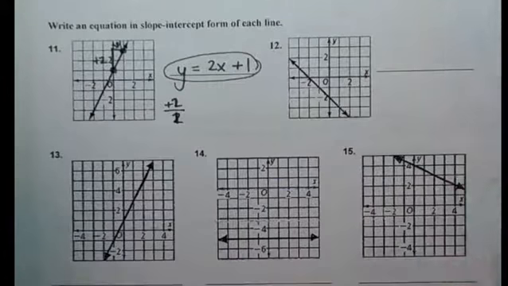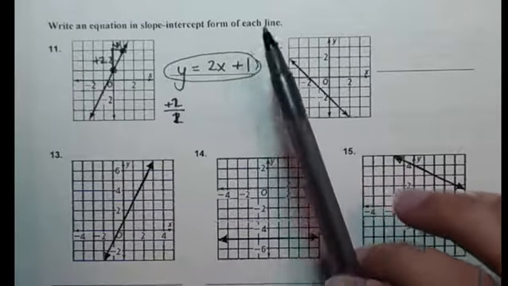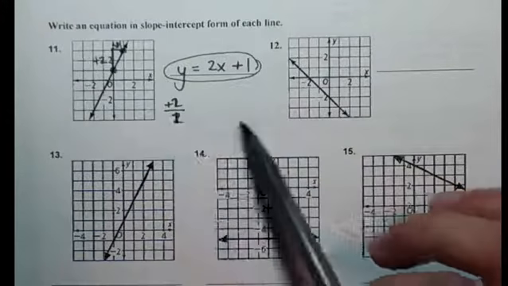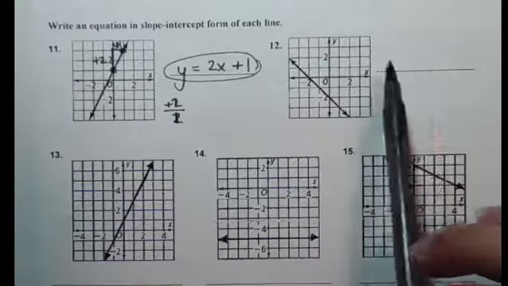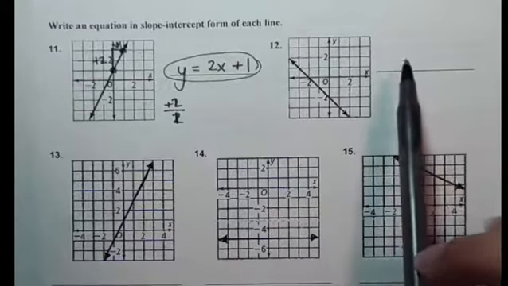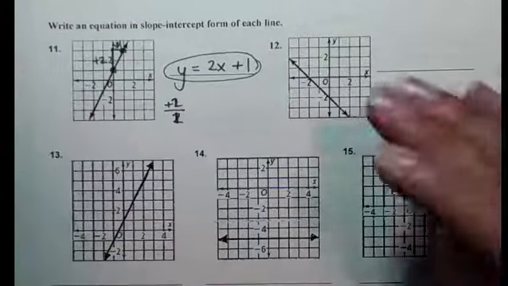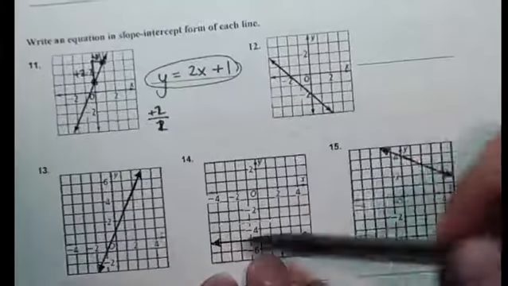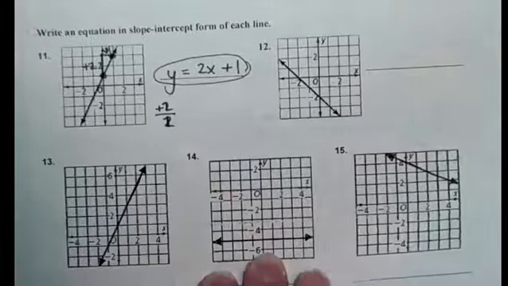The next couple, write the equation in slope-intercept form of each line. So you're using your notes. You can show me your work off to the side here, but your final answer needs to be circled and on this line in slope-intercept form, y equals mx plus b. Remember using your notes, find the y-intercept first, then use rise over run. So no work only on here. You can show me your rise over run, just like how I did right here. On the back,